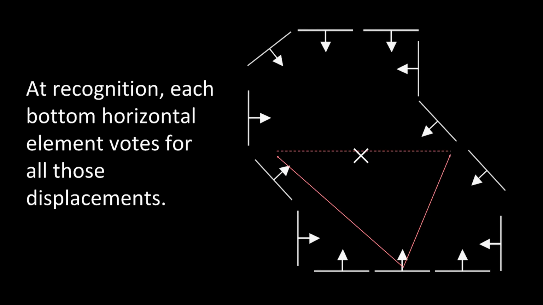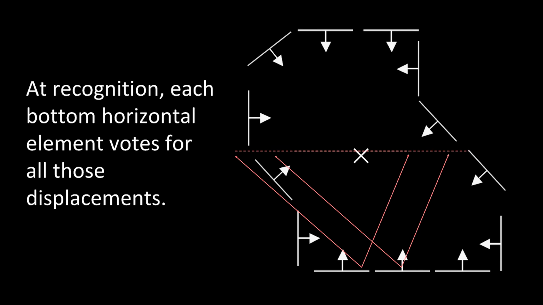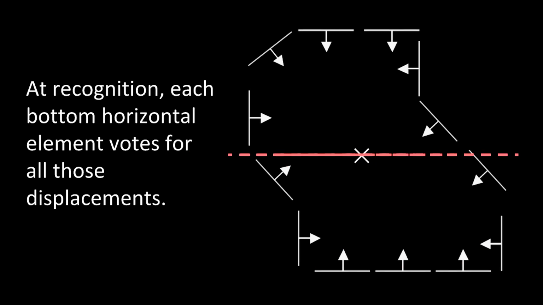So that's just one element, but of course there's the next element. It has to vote the same way. It comes from the same theta, and another one, and another one, and another one, and eventually this big long line of possible offsets are voted for. Now, I didn't indicate here, the one in the middle is actually voted for more often, so maybe you can think of the middle as being thicker than the ends, but the idea is that this line has the votes for where the center might be. We don't know where along the line the center is yet.